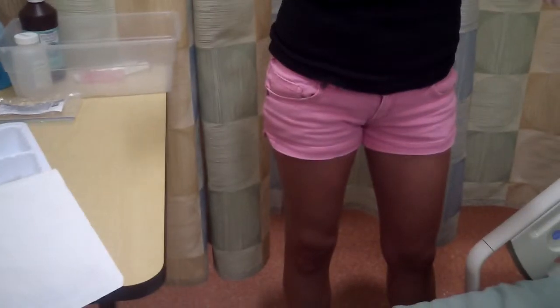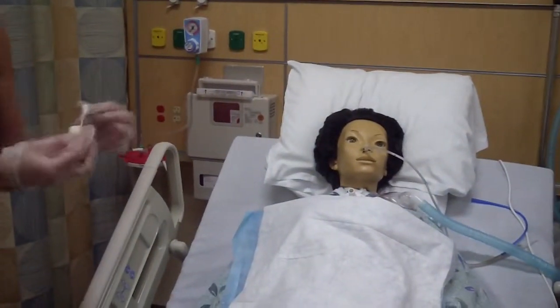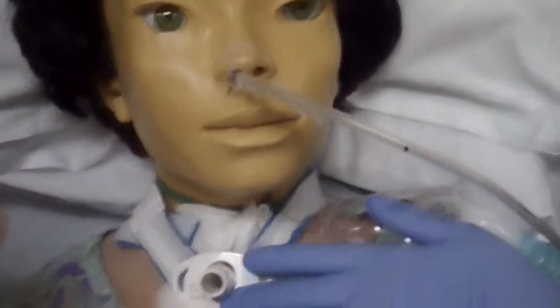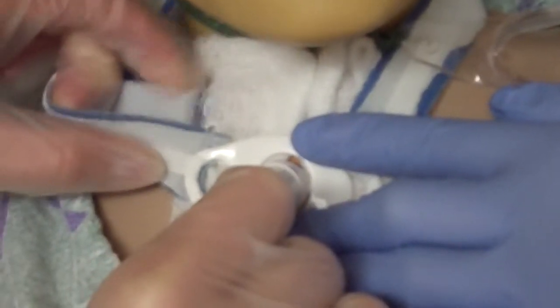Next, I'm going to change Miss Jones' collar, and to do that, I'm going to ask for some assistance from Lisa. Ask her to put on gloves and hold the faceplate while I slide this in. I would grab a clean Q-tip, not one out of the garbage. And once Lisa's holding that steady, I'm going to wrap this here, slide it through, I pull that through and tie it